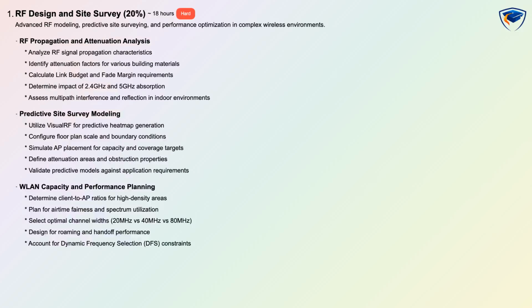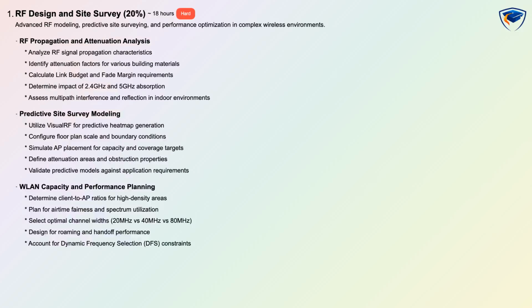The domain also covers predictive site survey modeling using visual RF to generate heat maps, scale floor plans, and simulate AP placement for both capacity and coverage targets. Finally, you will plan WLAN capacity by determining client to AP ratios, choosing channel widths, addressing airtime fairness, roaming behavior,